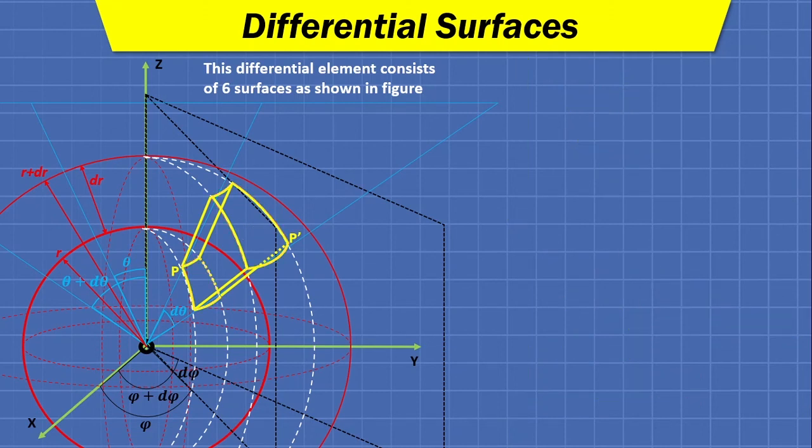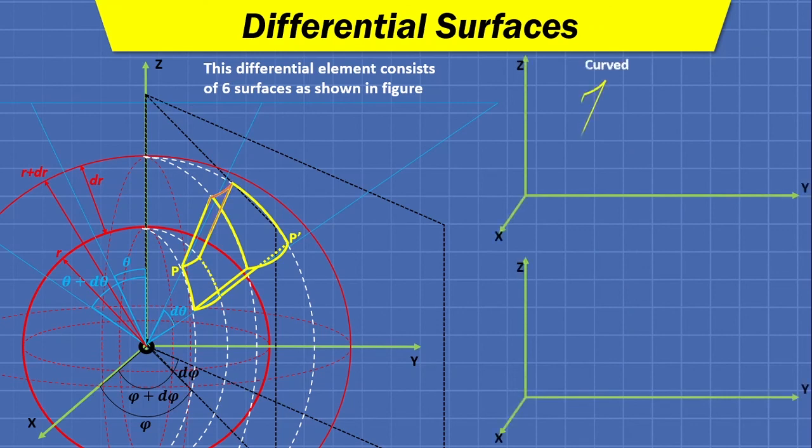Moving further, now let us consider another 2 surfaces, starting with the upper curved surface. As you can see here in the orange line, this is our upper curved surface, and the lengths of the sides are as shown. This length is nothing but dr, and this length is nothing but r sine theta d phi. The direction is a_theta and can be calculated with this equation.